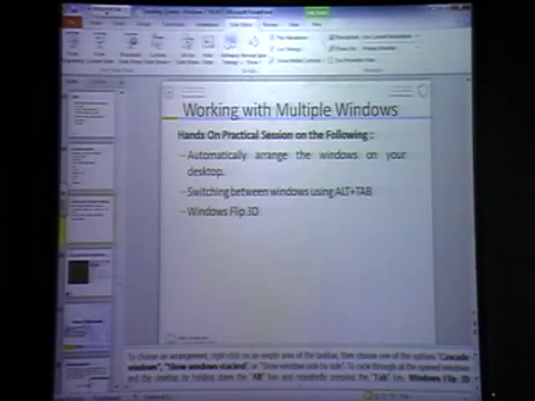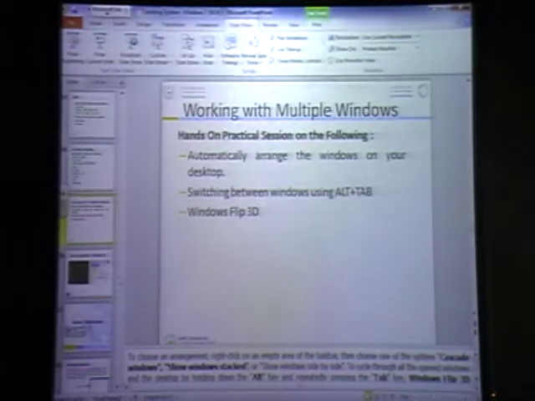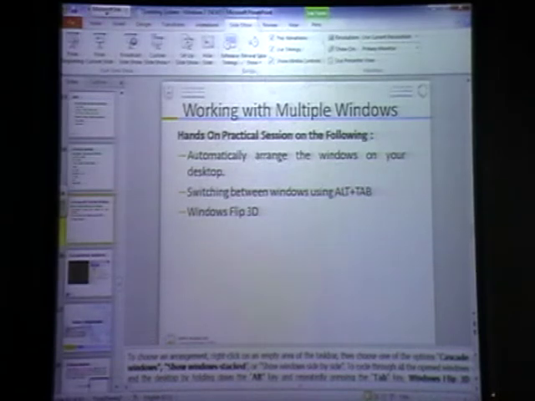Window and Tab will come like this. Did you check the Window and Tab key? Open this, for example. Now you see, Alt and Tab if you press. Can you see? Press Window and Tab key.